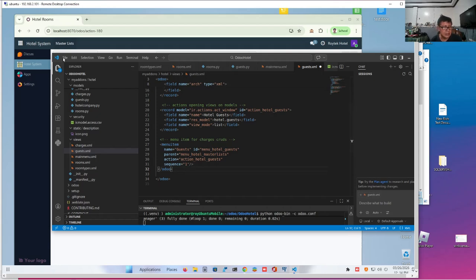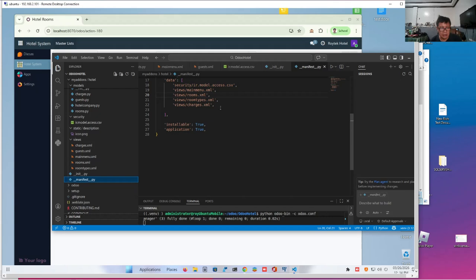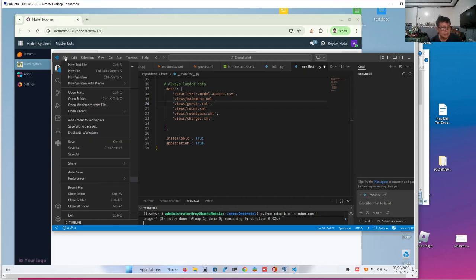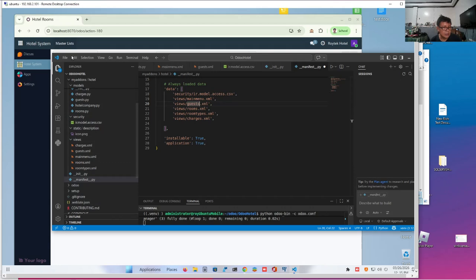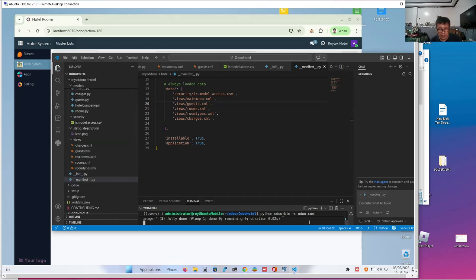So let's save this. It's not yet enough. We are going to put this in our manifest.py. We'd like to put it before to indicate that it's the first in the sequence, although it's already identified there by the sequence number, we'll just accept. And then we'll save. Let's save all.